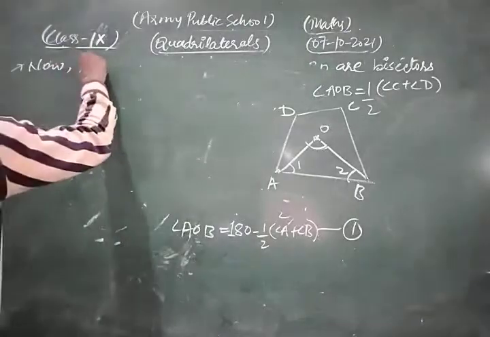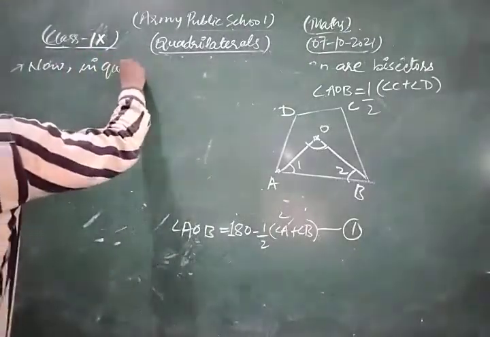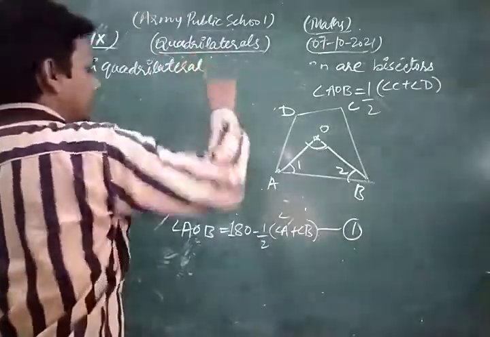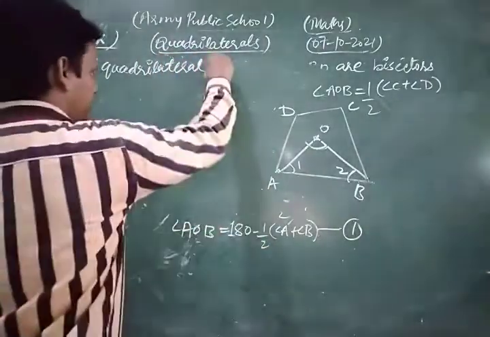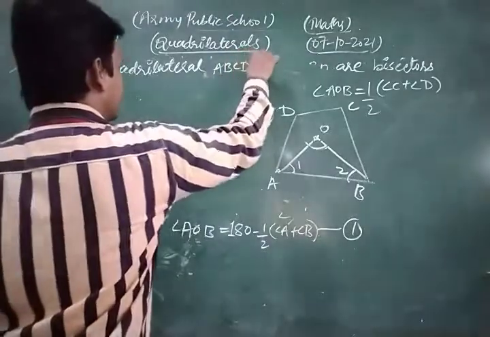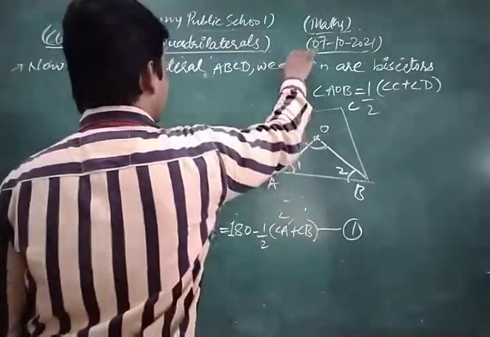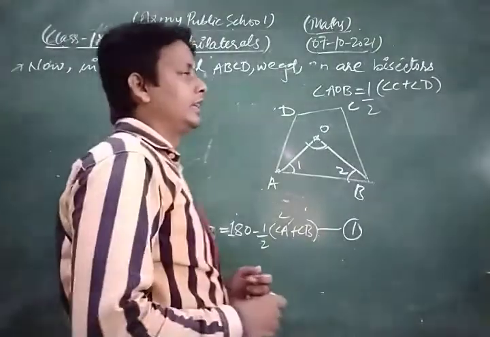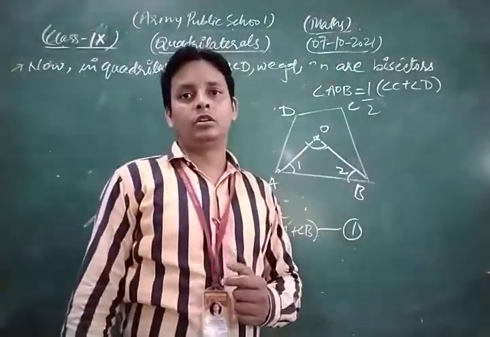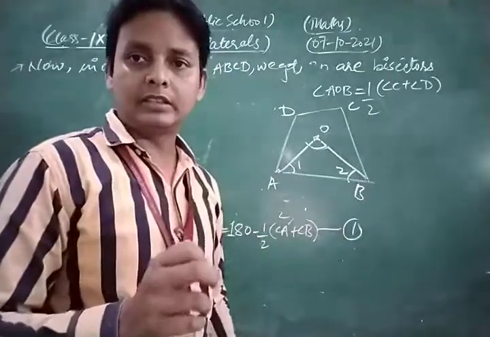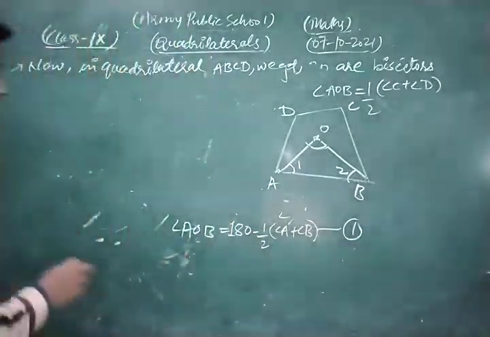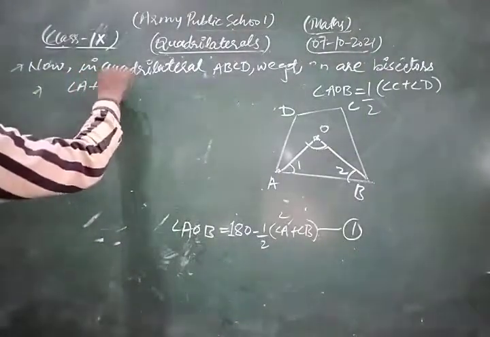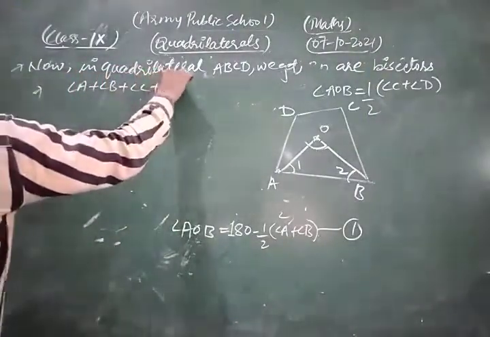Now in quadrilateral ABCD we get, as I discussed about that, the sum of all interior angles of a quadrilateral is 360 degrees, so we have angle A plus angle B plus angle C plus angle D